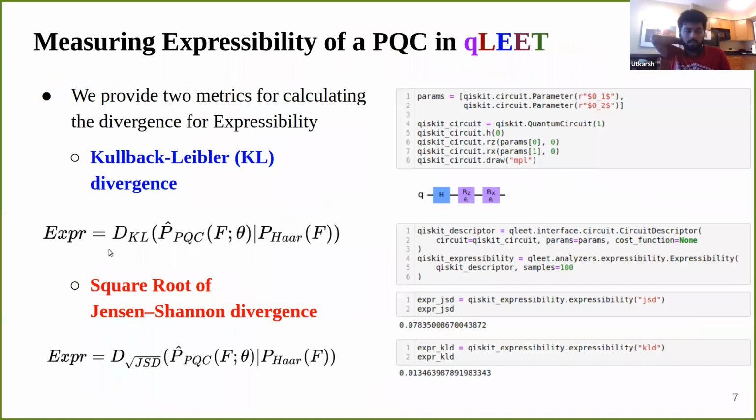So these are some examples for doing a calculation in qLEET. For measuring expressibility, we have to calculate the divergence between the fidelity distributions. We offer two divergence calculation routines. One is the KL divergence, which is popularly used in machine learning libraries. Another is the square root of Jensen-Shannon divergence, JSD, which in my opinion is a better alternative over KL divergence, because this is a true metric